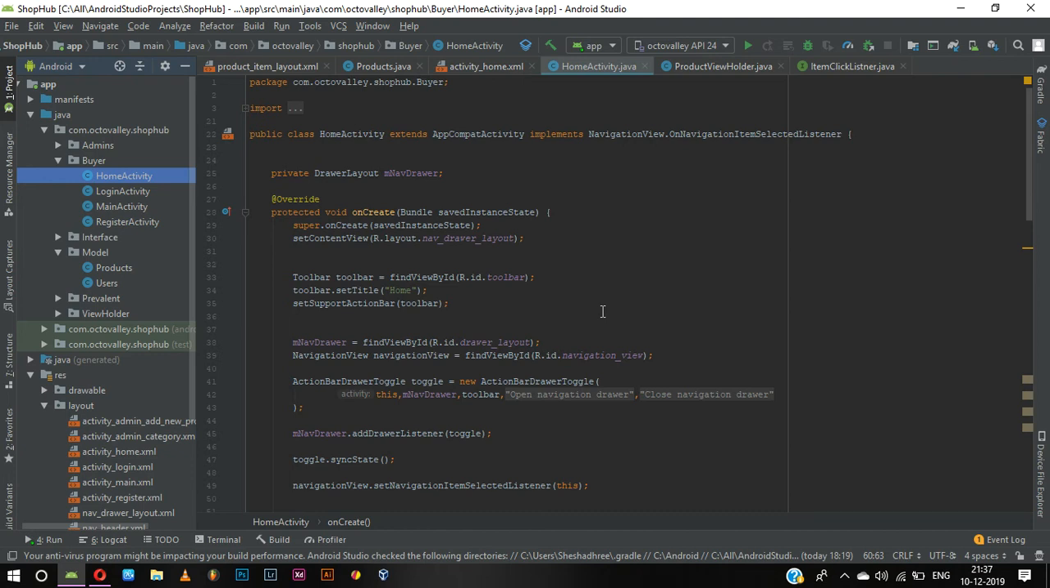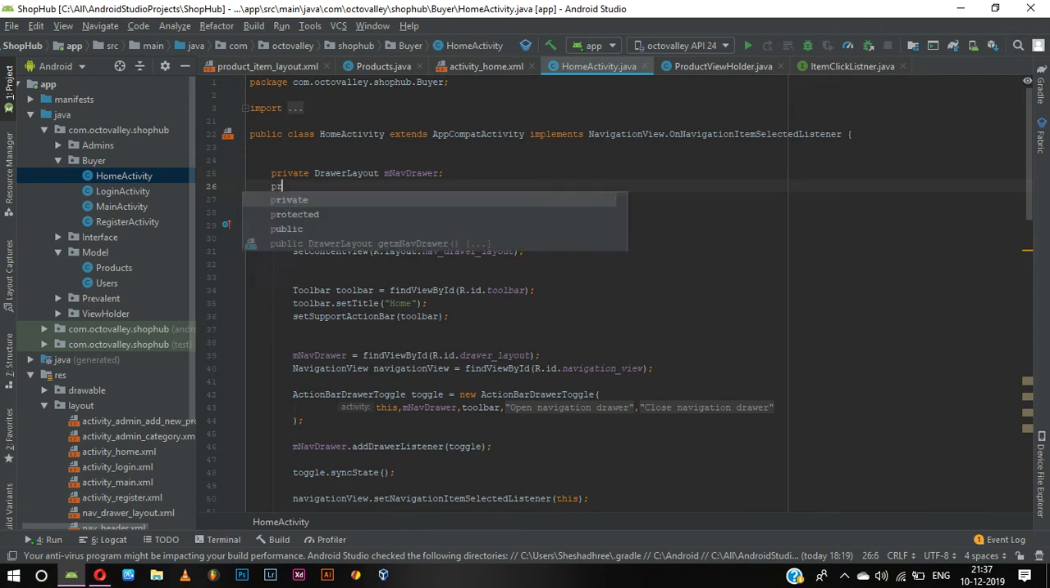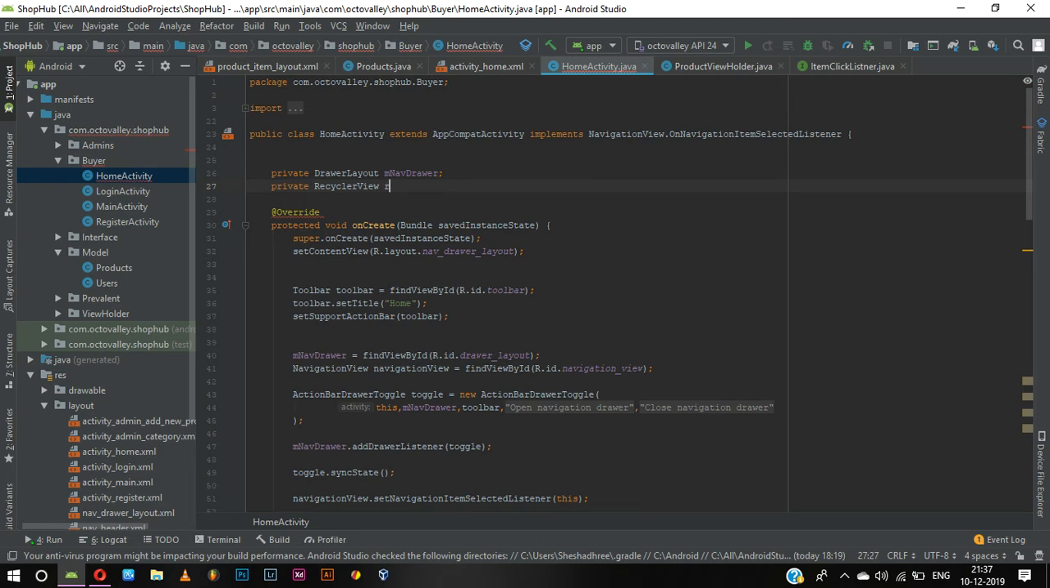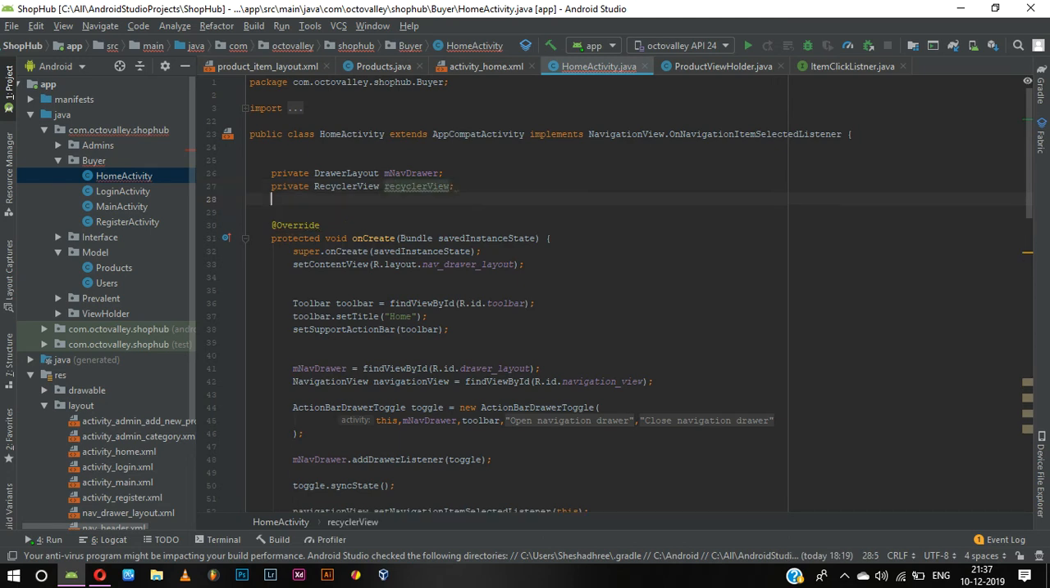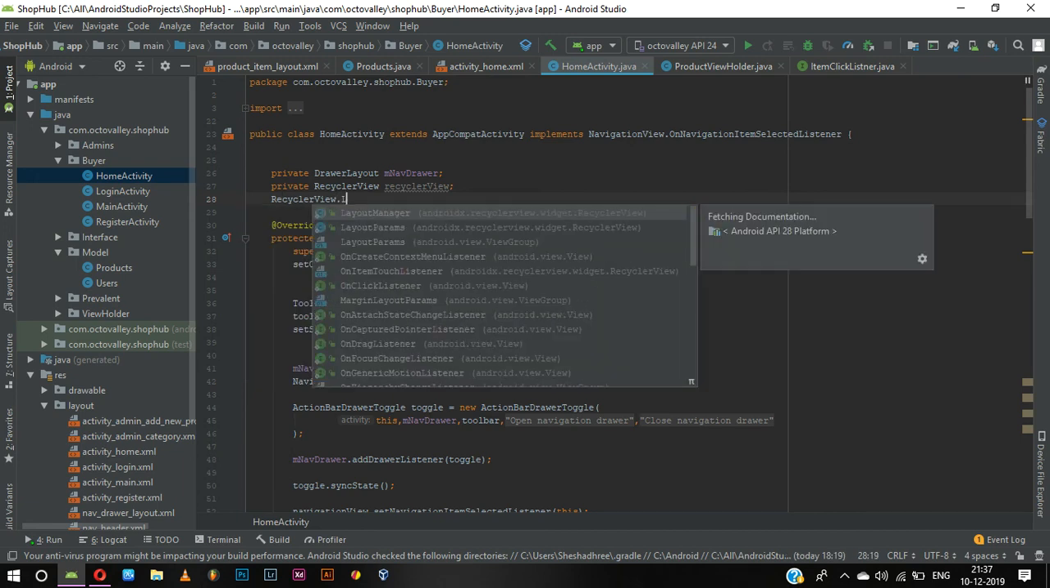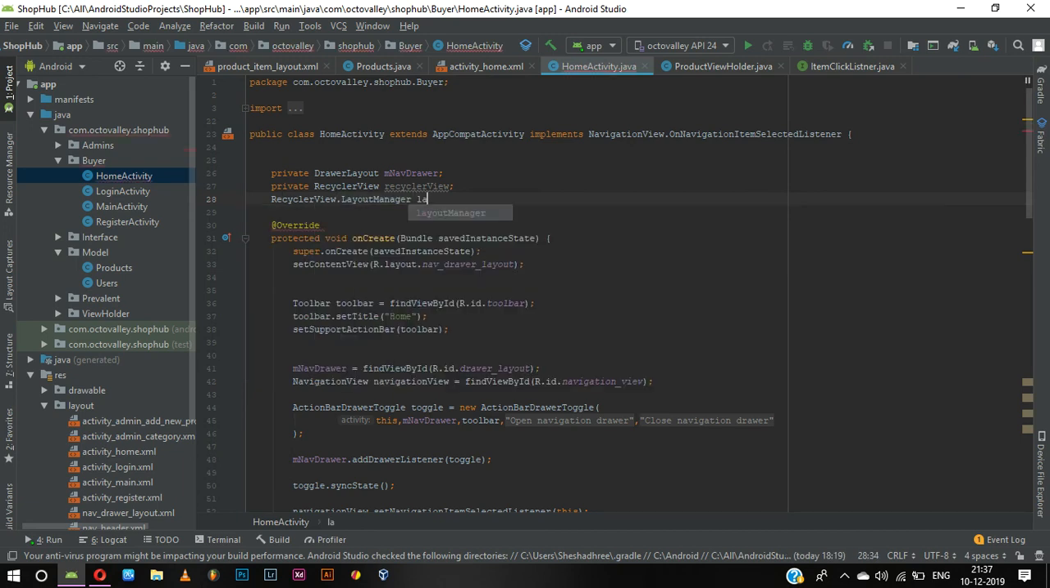Yeah, so before doing everything we can just get the Recyclerview first. We can access the Recyclerview from this home activity first, and you can display it. So what you can do is private Recyclerview, Recyclerview, and Recyclerview dot layout manager. We are going to do this first, and after this,